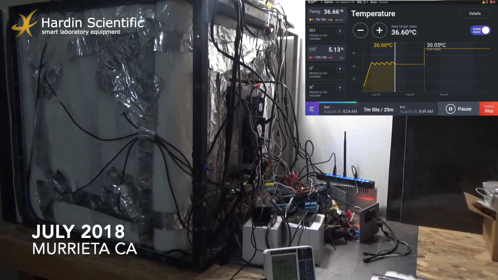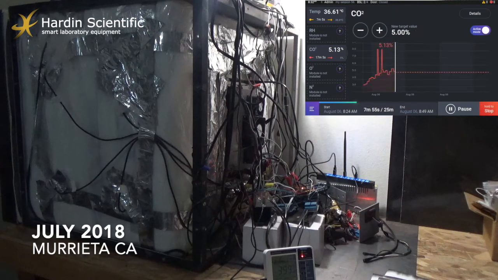Okay, let's switch to CO2. So just ignore these two peaks up to 8% concentration. Once again, this is not reality. It's something with this sensor, but reality is we have 532 right now. This is above the target, but not too much. So we technically can continue to work